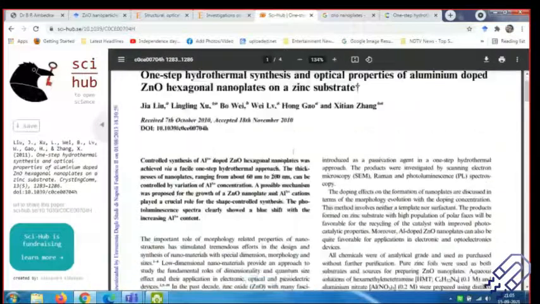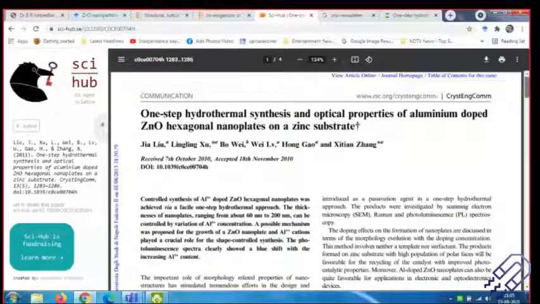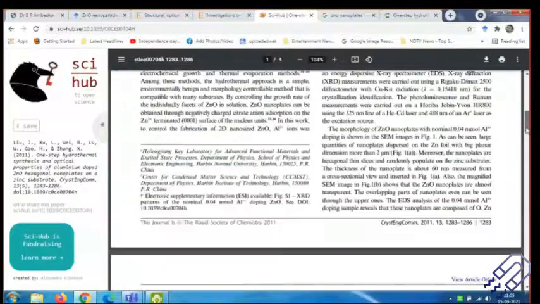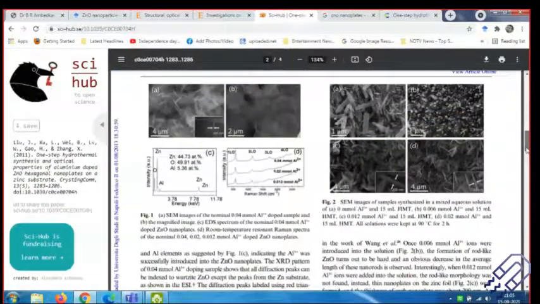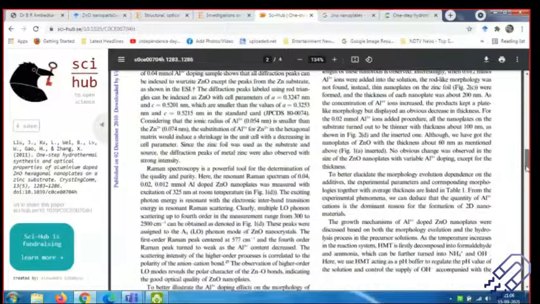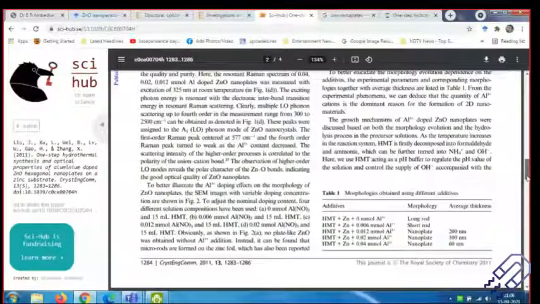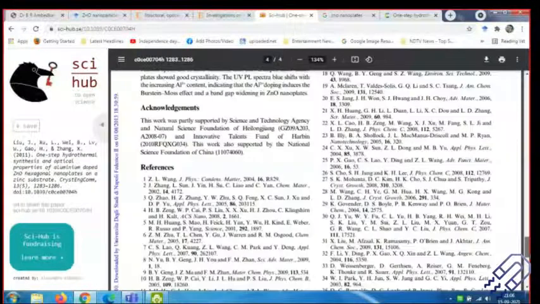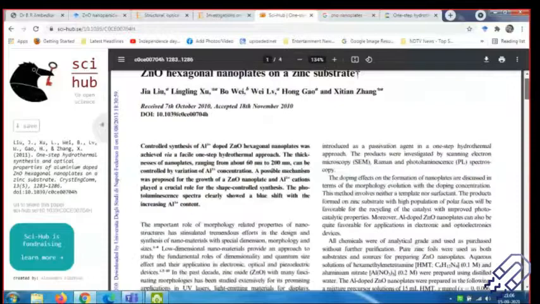This is a written communication. In general, communications are short papers, not too long. So the synthesis technique may not be mentioned in detail. You have to read this paper and check how it was synthesized. A lot of content we have to search for, I guess. Yeah, I think maybe they have not mentioned it. Anyway,